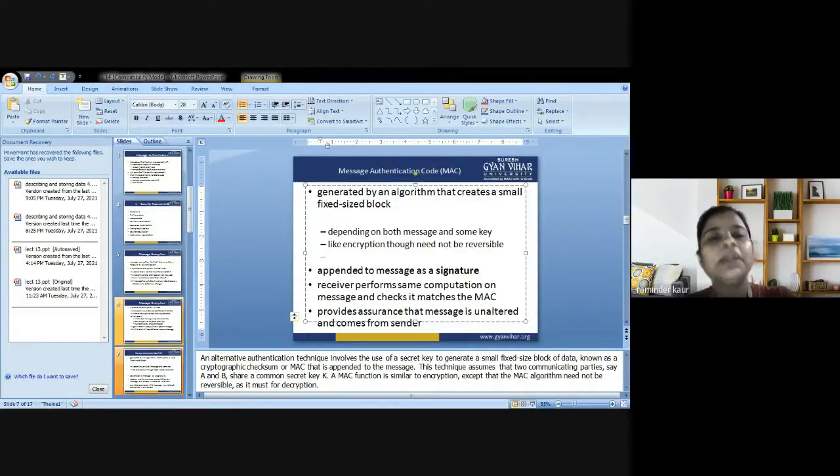So that could be the case in which we are supposed to deal with the security mechanisms here. So MAC differs from digital signature because MAC values are both generated and verified using the same secret key. It means that the sender and the receiver of a message must agree on the same key before initiating communications, as in the case of symmetric encryption.